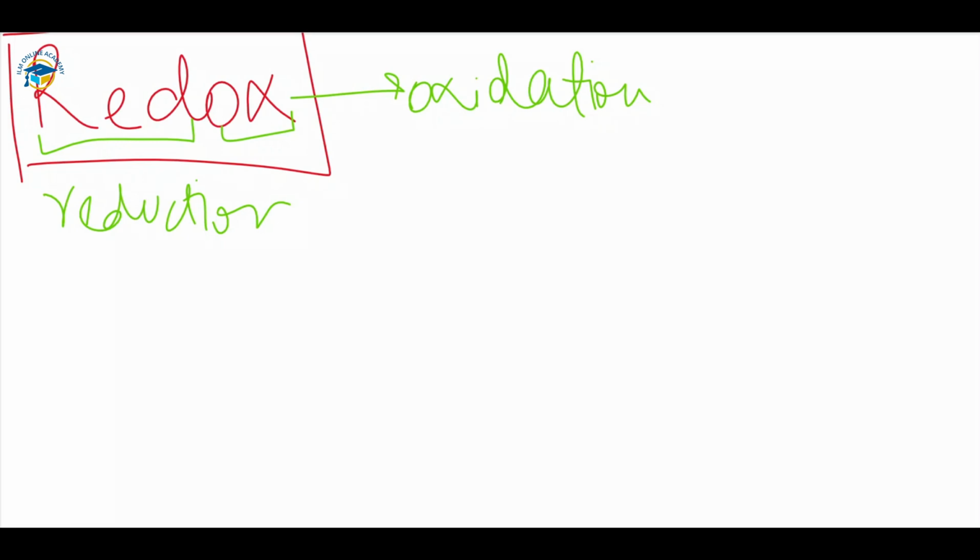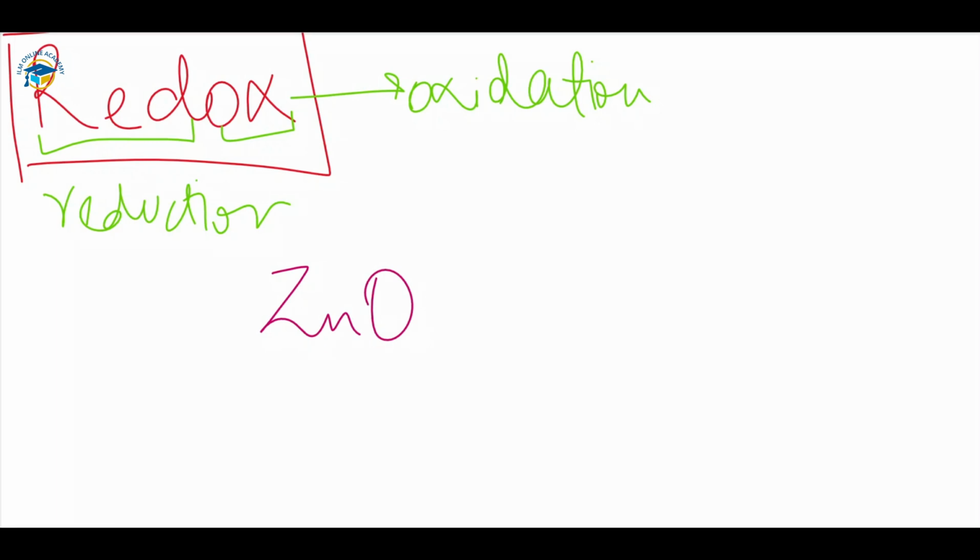We have the redox reaction. Red means reduction and ox means oxidation. So redox reactions are those in which oxidation and reduction happen. A reaction that involves both oxidation and reduction, you call a redox reaction. Okay, so an example of this is when